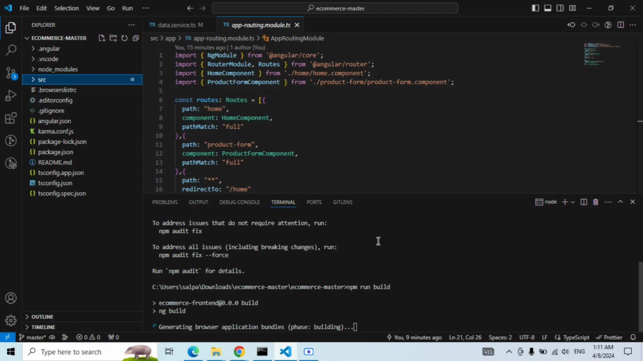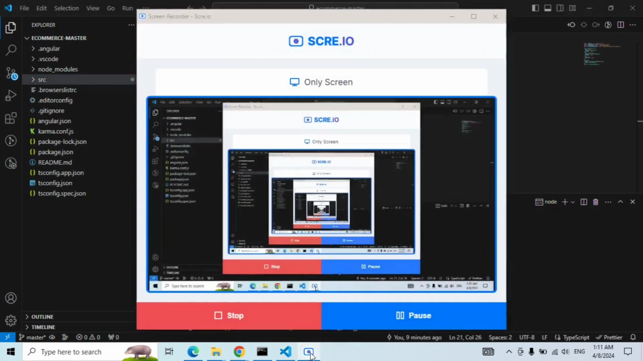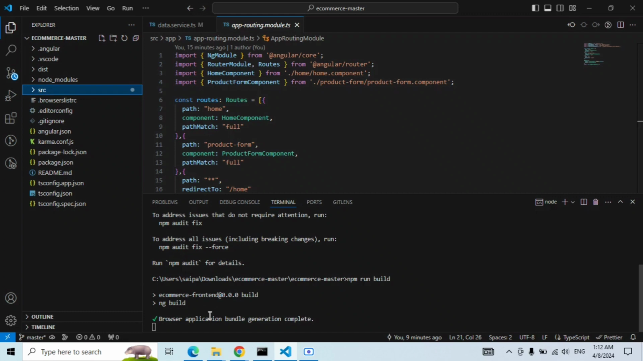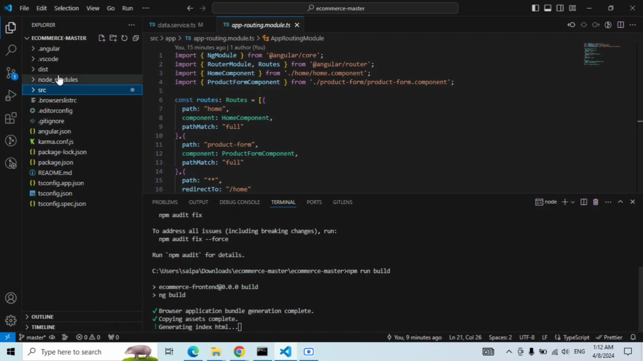If you have the latest Angular versions and run npm run build, you will see some options asking whether you need an auto-suggestion feature or not. For that just type n and press enter, as we don't need the auto-completion suggestion. Then it will take 2 to 3 minutes and directly trigger this ng build command. If you see browser application bundle generation completed,